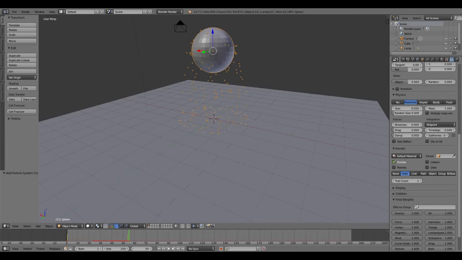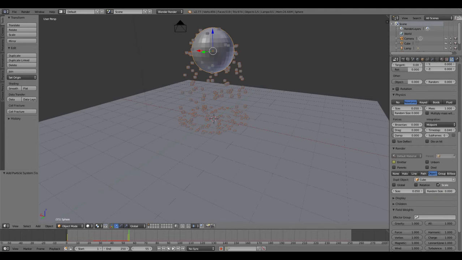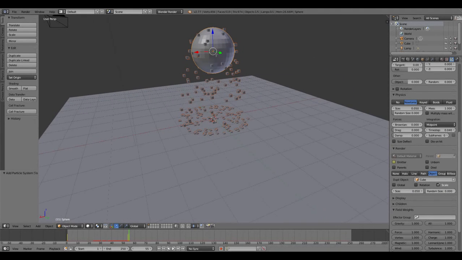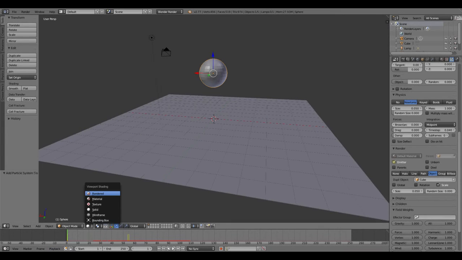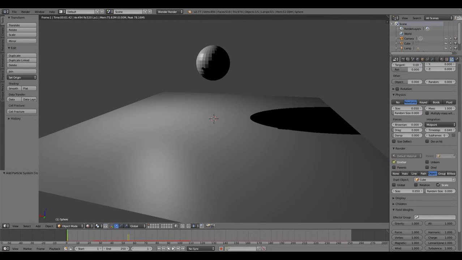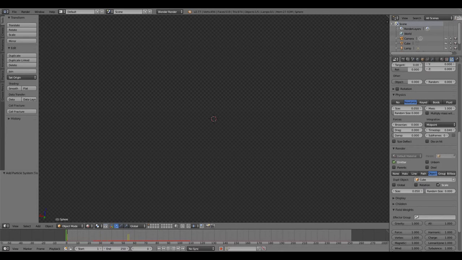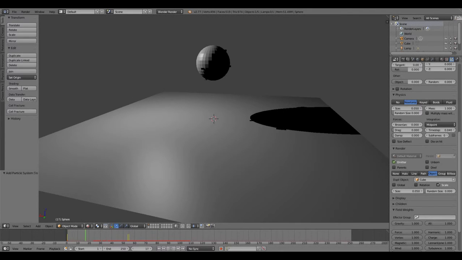Go to the very next frame. Uncheck emitter and hit I. And also go to the object, and then I can make that the cube, so then it'll only emit the cube, and when this starts crumbling, it will disappear. You can't see the disappear right now, but if I render it really quickly, I don't know if it works on just the rendered view. Oh, yeah, it does. Yeah, it does. So if I slowly slide it along,